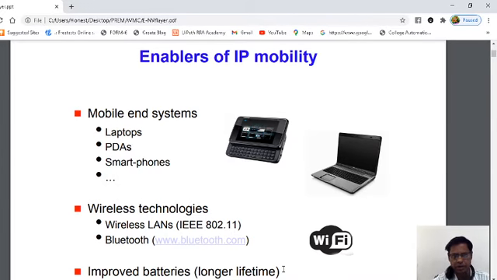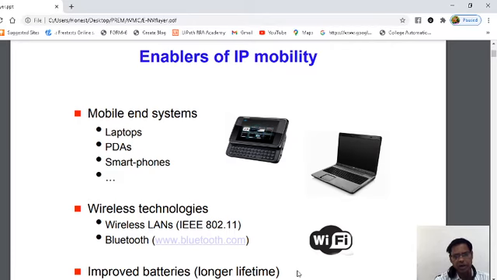When you look at the mobile industry environment, you can explain how mobile telephones, laptops, PDAs and smartphones are used through the wireless mobile communication system. In the last class we discussed wireless mobile communication through IEEE 802.11 in its different variations. Now we are going to see how this mobile communication system is implemented.